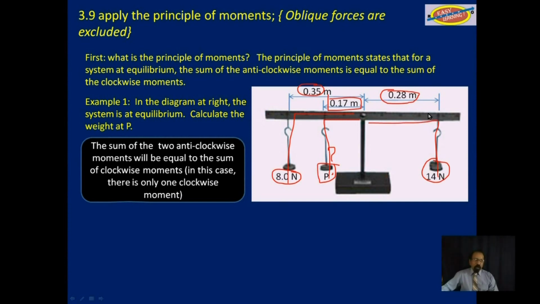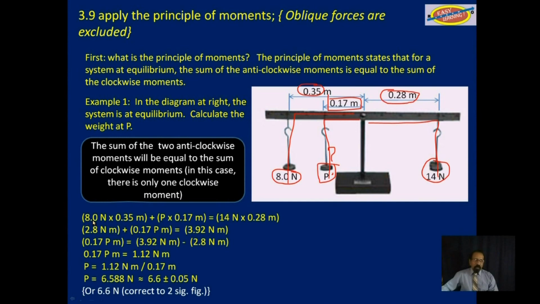So we will set up our formula that says 8.0 times 0.35 plus P times 0.17, that will be the 2 anticlockwise moments, is equal to 14 times 0.28, that will be the 1 clockwise moment. And so essentially we now have a simple equation here to solve, and we solve and find that P is equal to